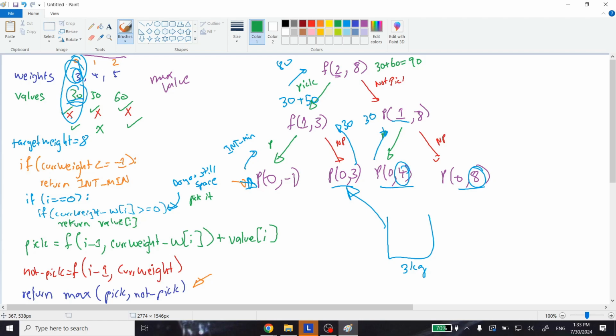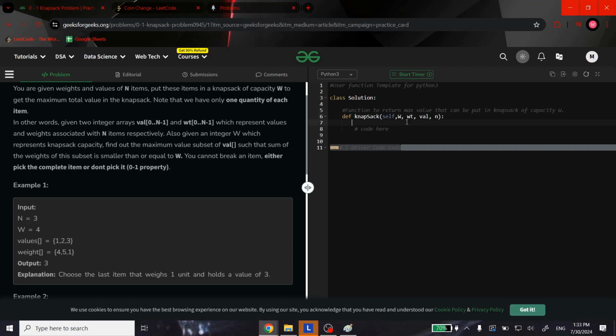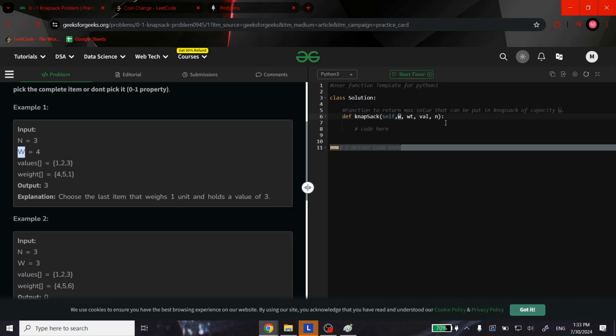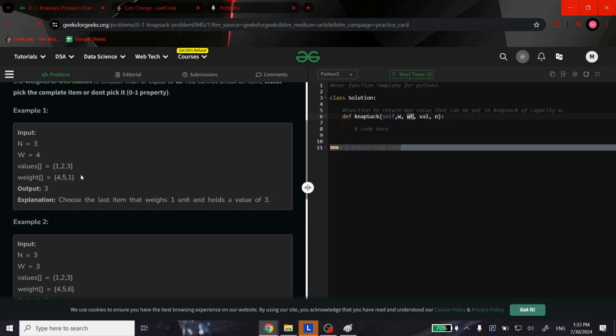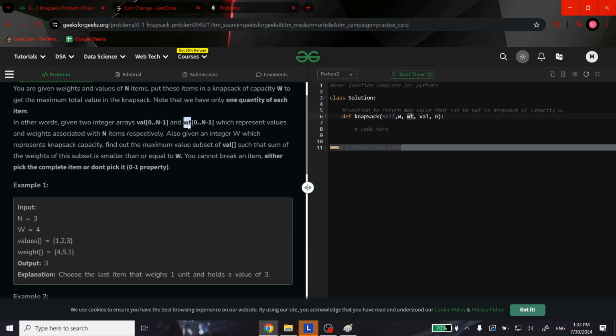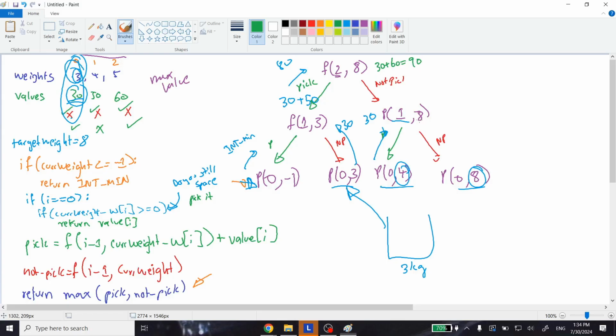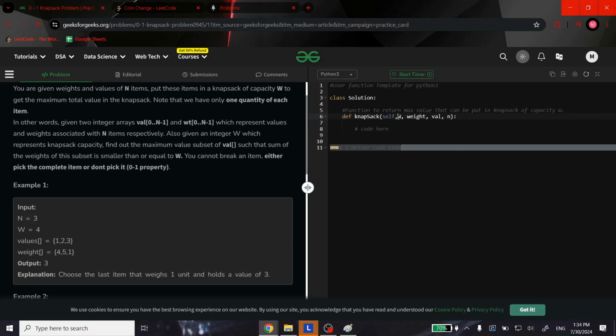So now let's quickly code this up. So I have my weight, capital W, and I have my N, which is the number of elements that I have. The WT I am assuming is my weights. So let me just clear this up so it's easier for you to understand. So let's say that this is going to be my current weight. This is my weight, and this